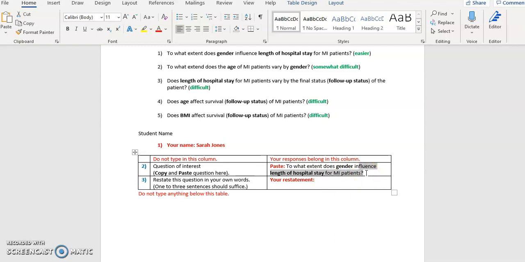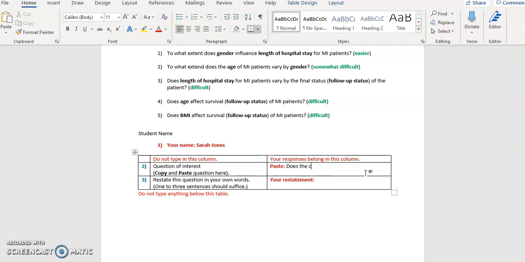So I can show you what this would look like. If I had a bag of candies with red and green candies in them, for example, holiday M&Ms. For those of you not U.S. natives, M&Ms are little chocolate candies with a colorful shell on the outside. Around the holiday season, they come in packages of red and green. Let's say I'm trying to find out if the weight of my M&Ms is different depending on what color the M&Ms are. So my original question that I copied and pasted, again, this is not your question, this is just for an example, is